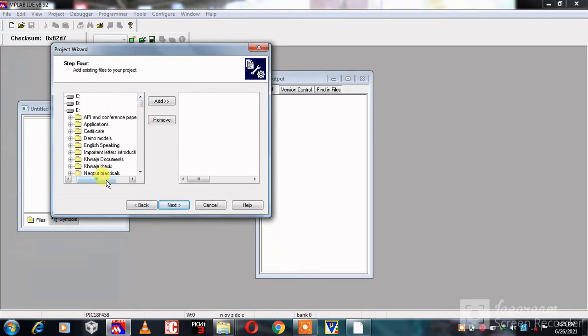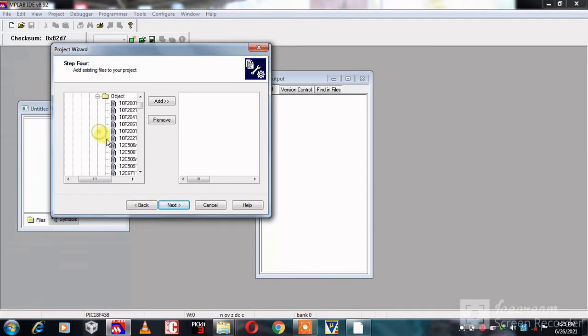Here we are going to the plus sign of our C drive, then click on plus sign of program files, then again click on plus sign of Microchip, then click on plus sign of MP-ASM suite, then click on plus sign of object.